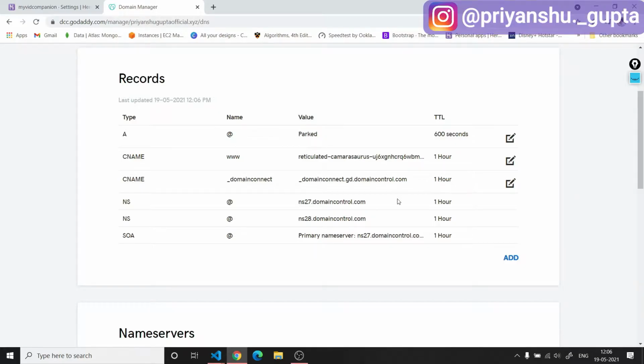Also, what we will have to do is add this domain inside ALLOWED_HOSTS in settings.py of the Django project, because otherwise our Django project will block requests coming from that domain.